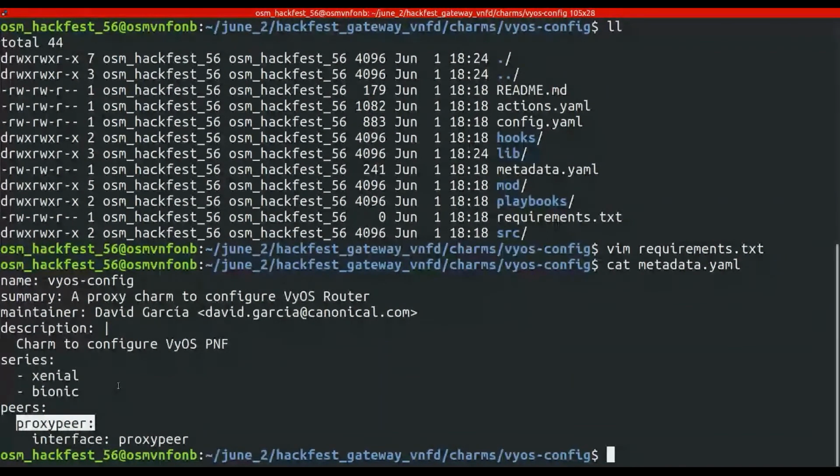So you could scale the charm if you want, and multiple units of that charm will be created. And if one fails, then the other will be in charge of executing the actions